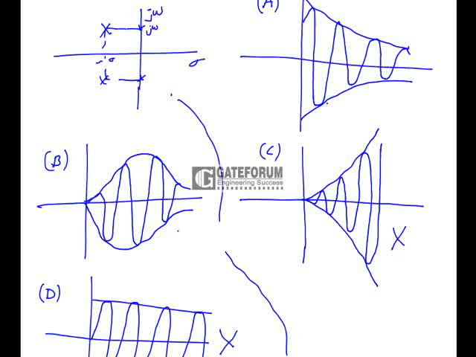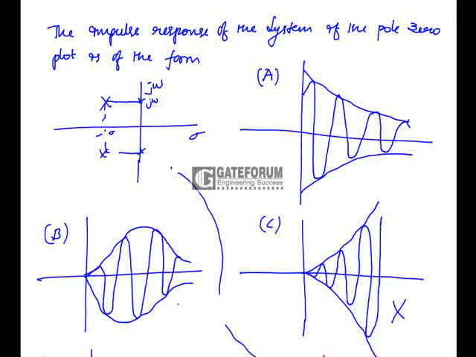So what about this option A here? We are having the e power minus sigma t function. The e power minus sigma t function response is a decaying one. We have a sine response. So what is the joint of these two responses? What is the combined response of these two? Option A is the correct